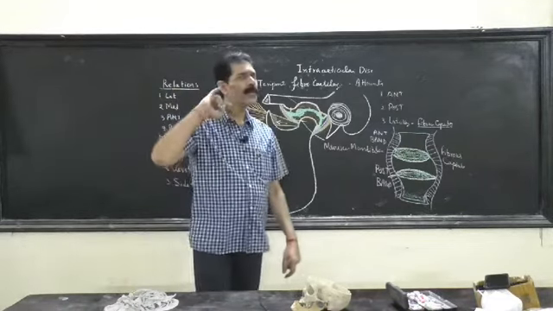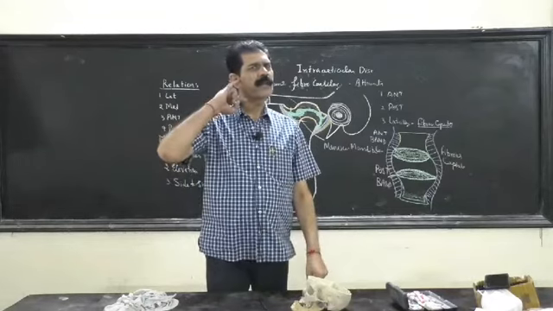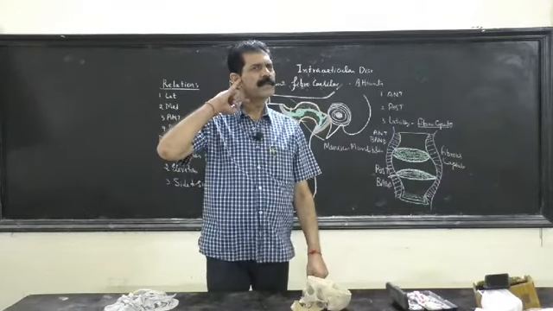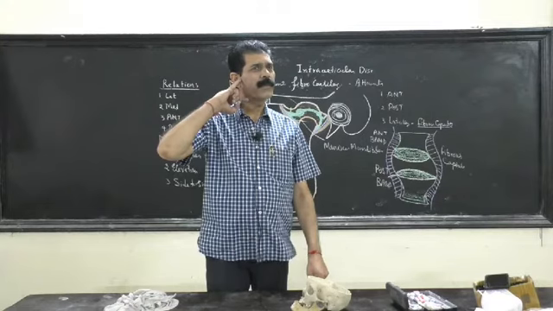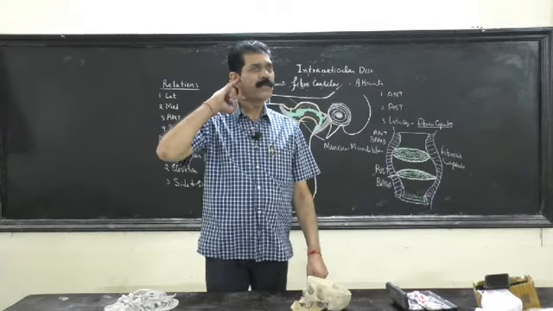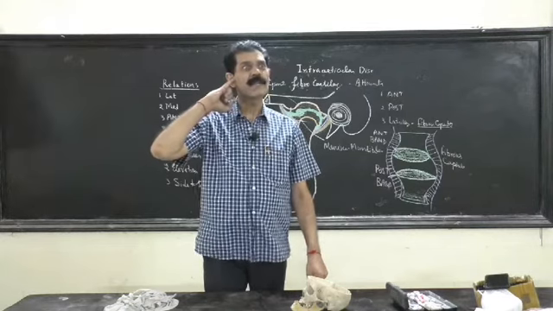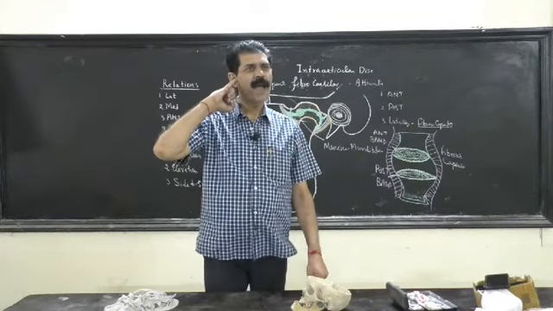So that's why I have told you, put your finger in front of the tragus. What do you feel? The head of the mandible, you can feel it. Now slightly open your mouth. Now you will see that the head of the mandible slips under your finger. Where has it gone? Anteriorly.